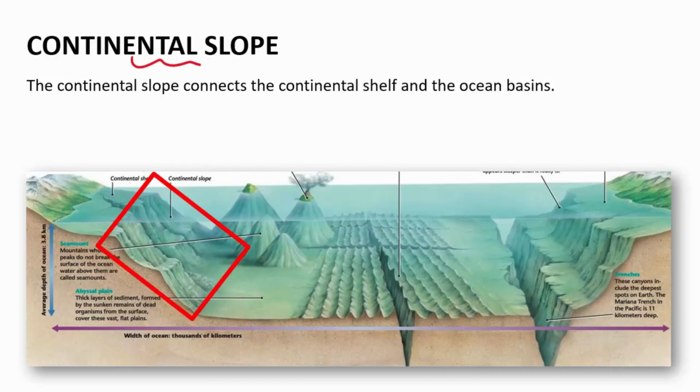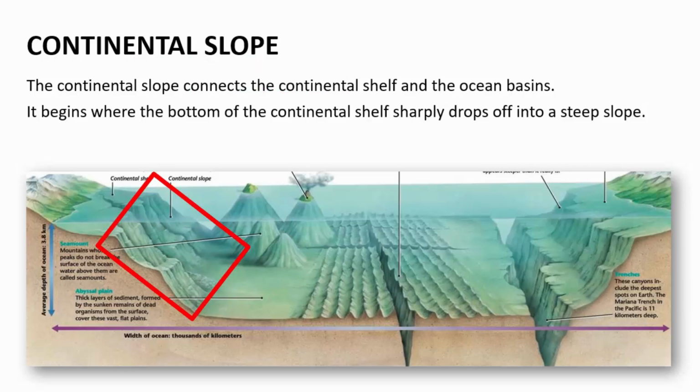The next in our list is the continental slope. Now, the continental slope starts as soon as the continental shelf ends at the shelf break. This is the region where basically the land mass of any continent ends and finally merges into the oceanic floor. The region where the slope of the land decreases gradually and the gradient is more than even 5 degrees is known as the continental slope. This is the region which connects the continental shelf and the ocean basins.